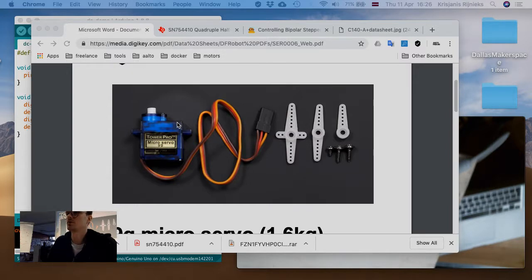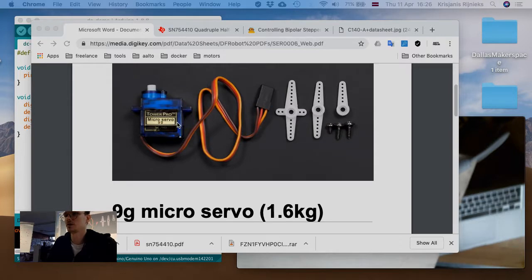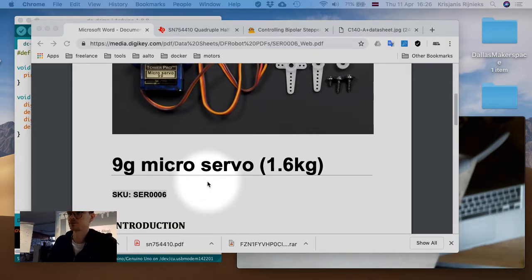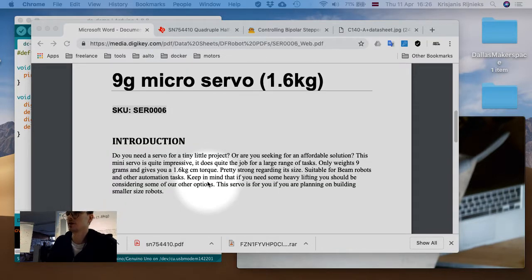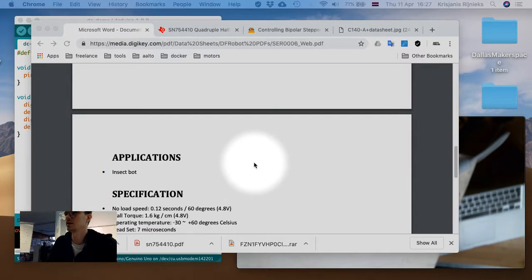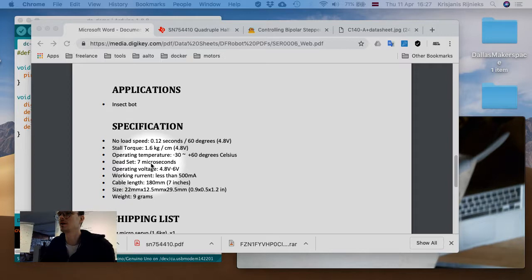Micro servo motor, which weighs, I don't know, is it like 9 grams, and then it's actually able to lift 1.6 kilograms. Introduction. Do you need a servo for a tiny little project, or you're seeking for an affordable solution? Yes, both. And then applications, insect bot. So we are not really going to make an insect bot today, but we're looking for some specifications for a